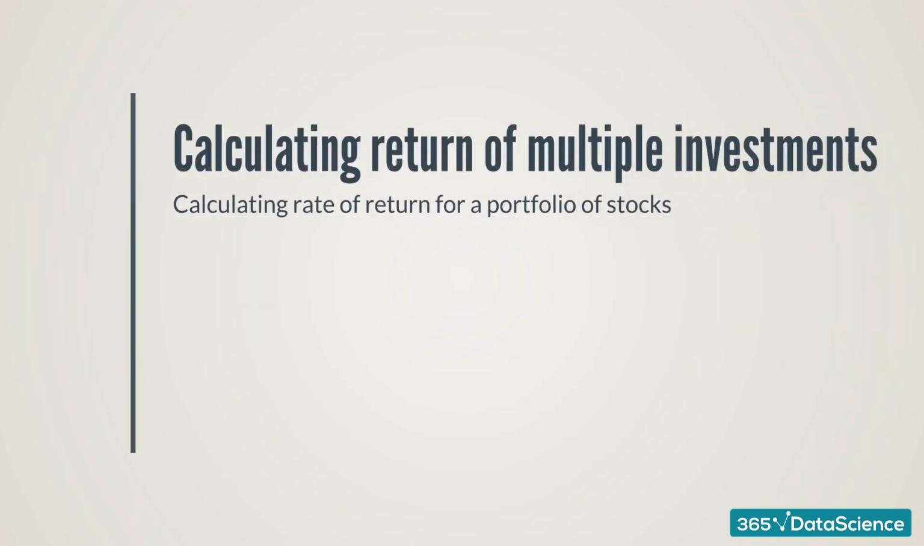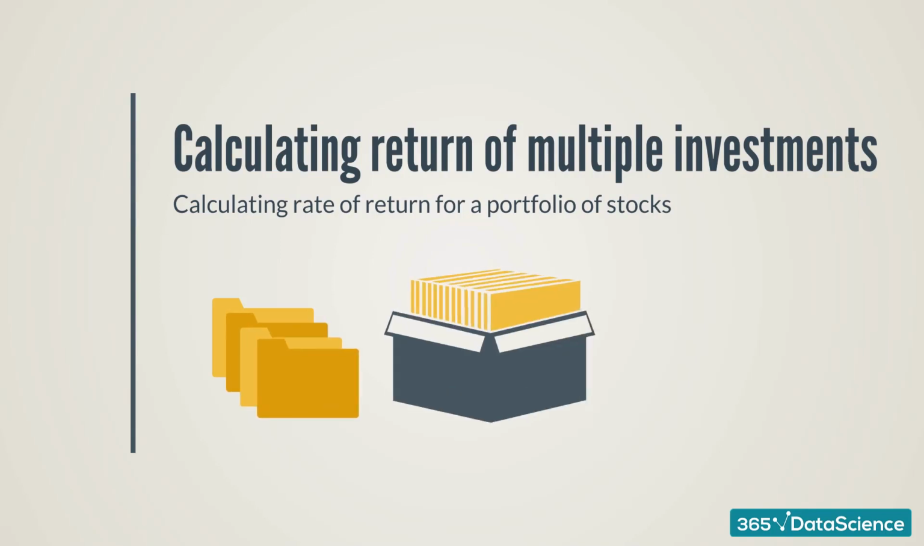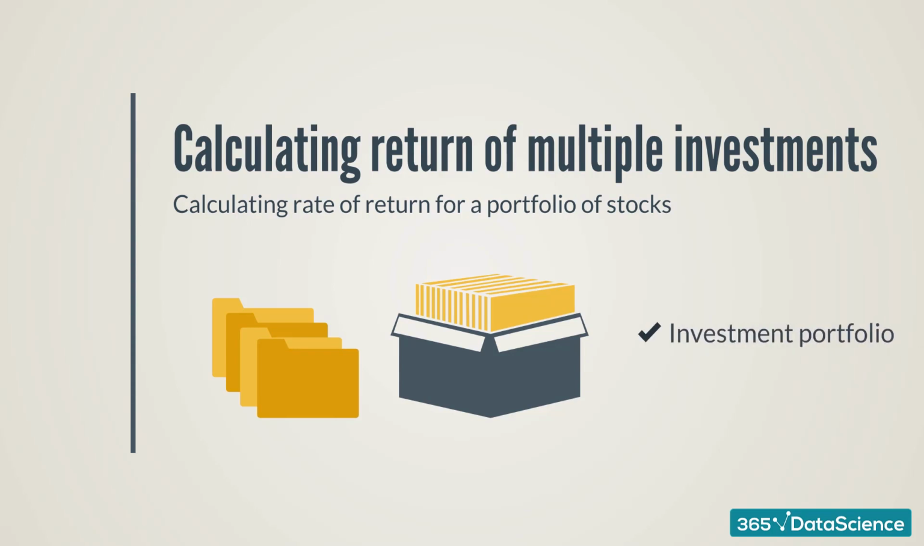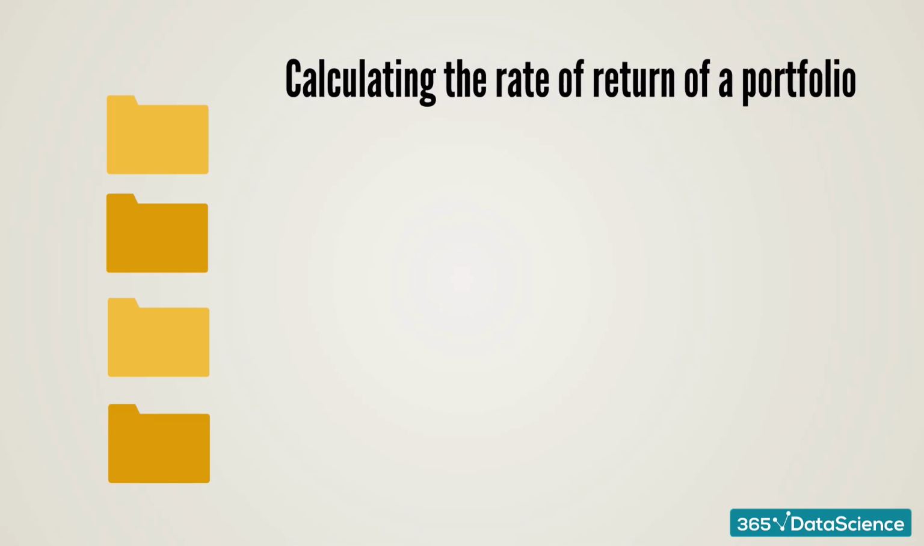So far, we've considered an investor who owns only one stock, but that's rarely the case. Most investors own several stocks, and the set of stocks that an investor owns is called his investment portfolio. Every investor tries to select and add stocks that will optimize the overall rate of return of his portfolio. But before diving in and considering portfolio optimization strategies, we need to learn how to calculate the rate of return